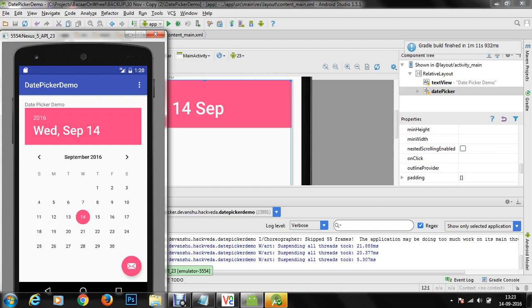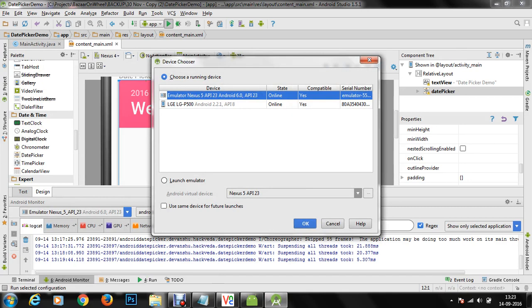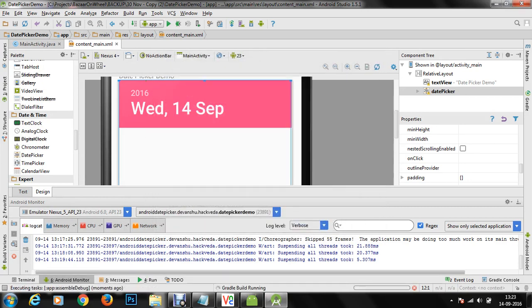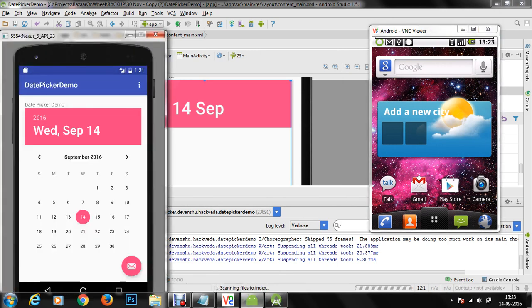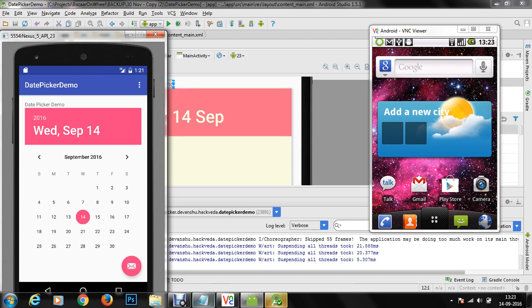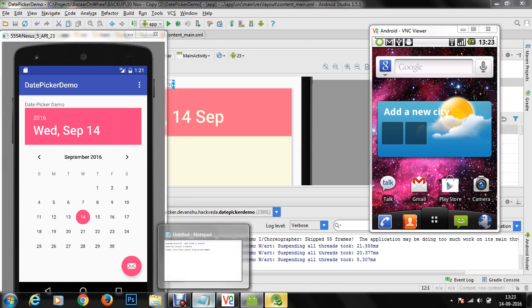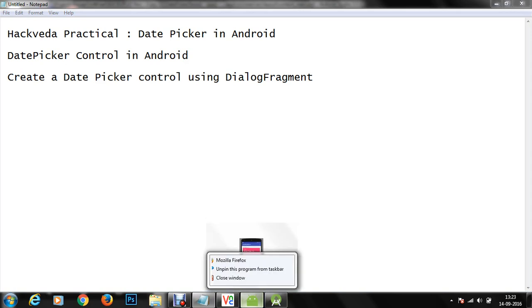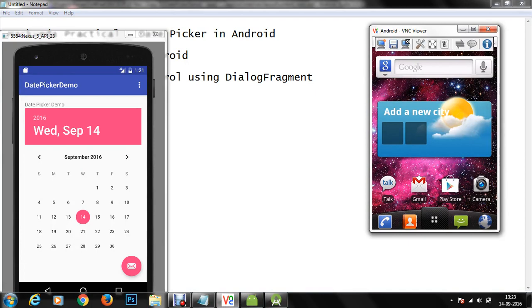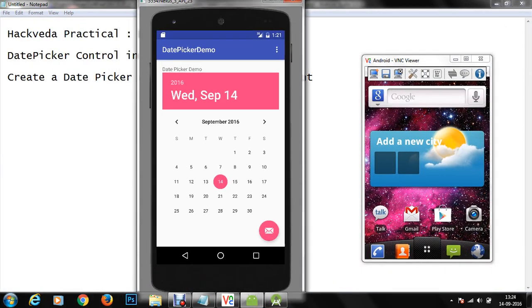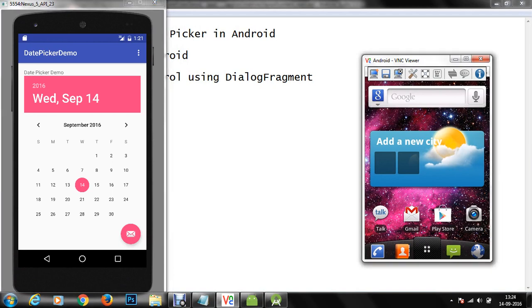And now I would like to show you how it looks like in the earlier versions of Android. So as soon as we again run this application on the device, this time we'll run it on the LG P500 device. On the right hand side here, we are going to view the application running on new devices, and on the right hand side we'll have a demonstration of how the application looks on older devices.